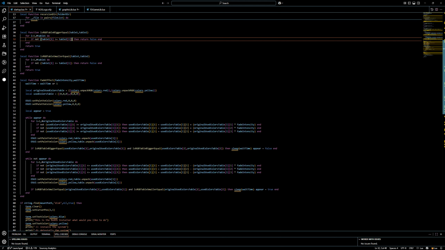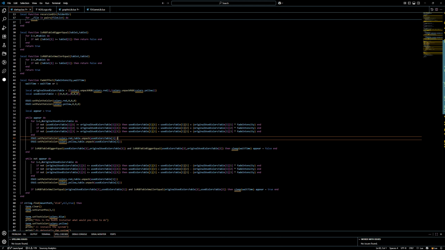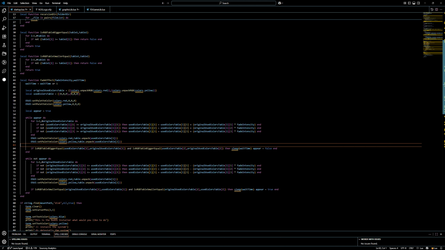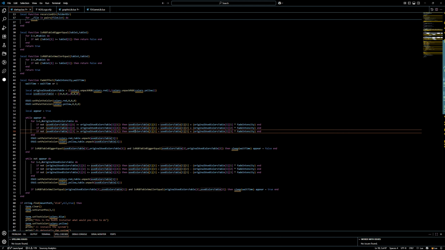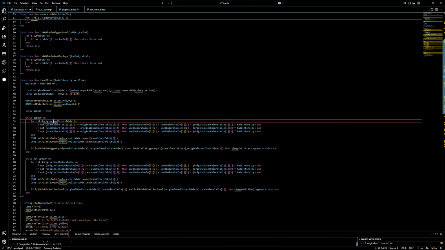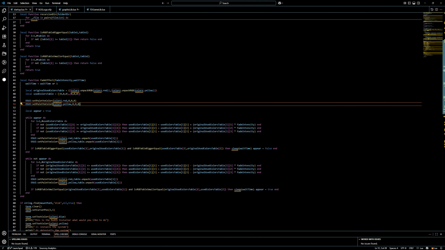Why is it doing that? I have no idea. Sleep wait time. It does like coloring. Used colors table 1 and 2. For the used colors,